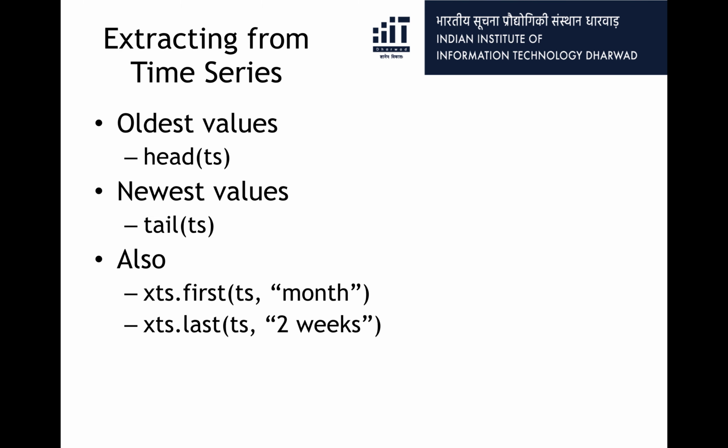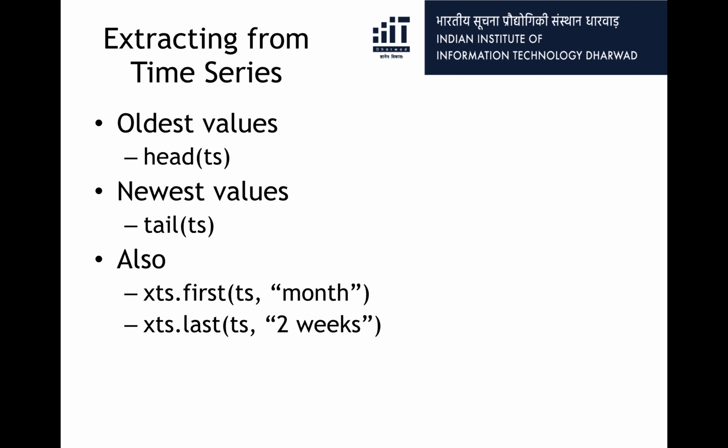So we saw how to create our own time series data set. Let's quickly go through some of the other time series operations available in R. Suppose I wanted to extract certain elements from a time series data set. So there are functions like head and tail. If you are familiar with Unix shell programming, you will immediately recognize that these are the same as the head and tail functions there, right? And in some other package, the names may be different.